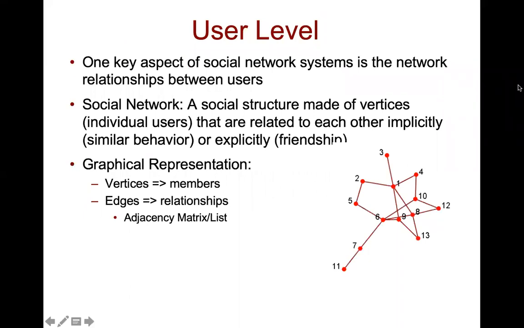On the user level, of course, the key property here is the relationship between users. So the challenge is how to work with this graph structure, not just with the user content, because they're not in a space, they're connected to the rest, right? And you want to know how to work with this graph. A user graph basically has two key components. The vertices are the members, the users, and also the edges, the relationships between them. So when you want to represent this mathematically, it will be adjacency matrices and lists, right? So you want to do that.